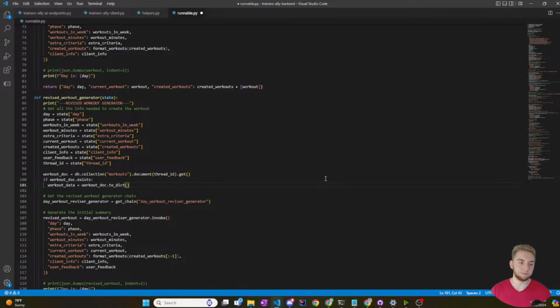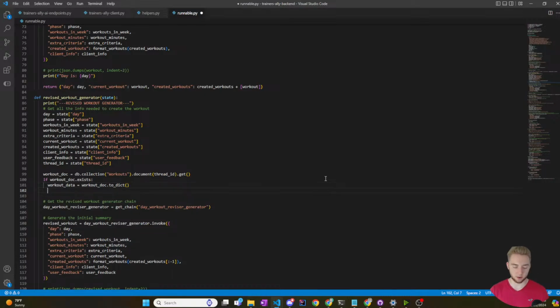All right. And then now I can update the things. So first I'll start with the workout. So current workout is equal to workout data dot get,